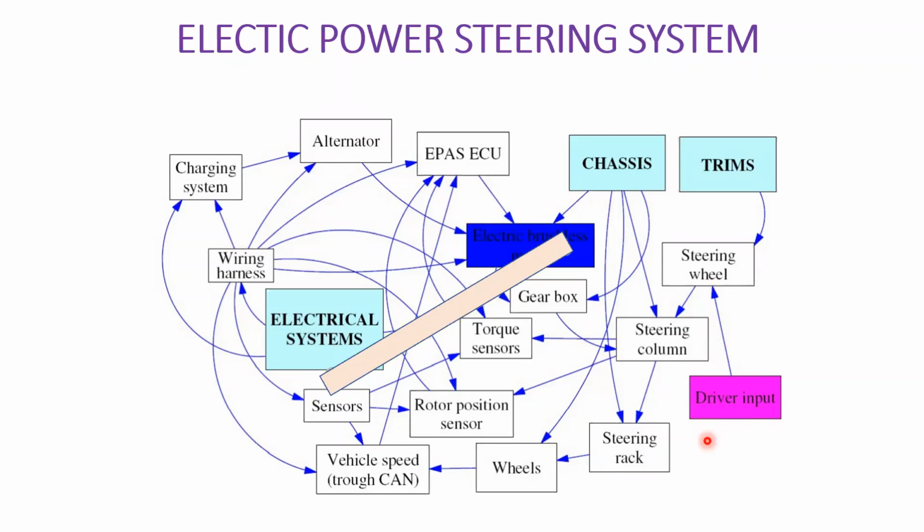So the driver is having interaction with the steering wheel. Interaction can be in terms of touch or force. See how the interaction is happening. I'm going to give a force to the steering wheel. I'm touching it and moving it left, right, or adjusting the steering. Similarly, this gives an input. Input can be in the form of a load or a force or whatever it is.